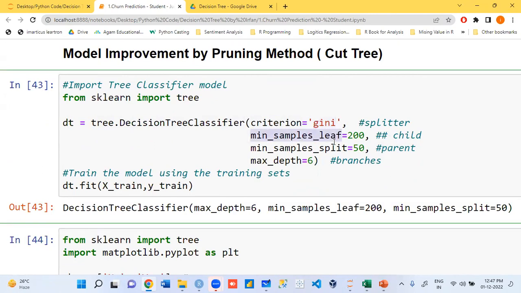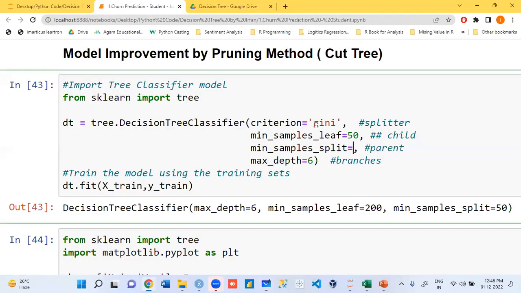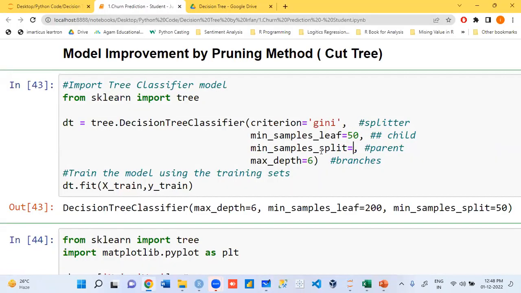Minimum sample leaf. Leaves are called child nodes. How many do I need? 200. Can I write any other number? How many samples do you need for parent node? Anyone? How many data do we have in training? 4930. Give any combination, guys. Then how many splits will there be? Only 2 splits will be there, right?